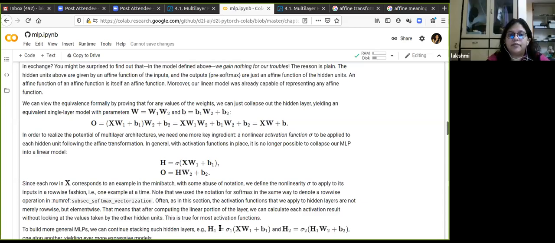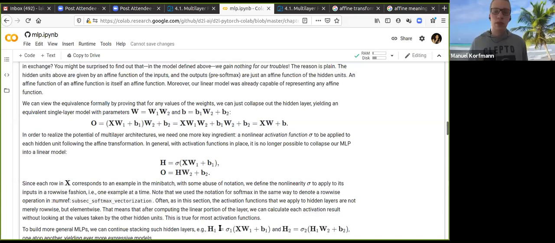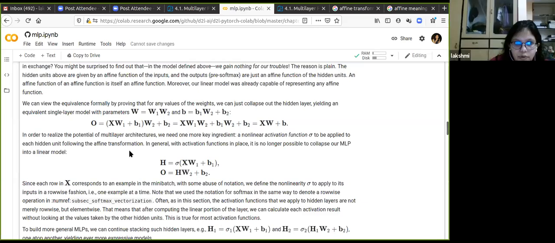In general, with activation functions in place, it is no longer possible to collapse our MLP into a linear model. So if H is sigma of linear regression, and then O is H times W2 plus B2, we can't collapse it anymore since each row,